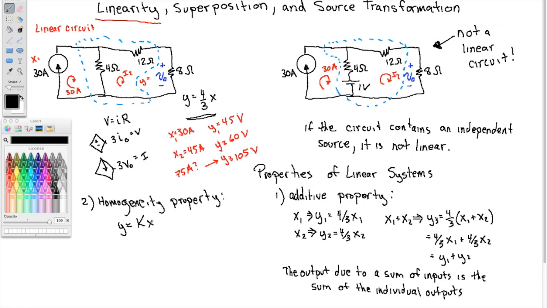Then if I scale the input by some factor, let's say I plug in up here, let's take this example, I plug in x1 and I get y1, right? And let's say I plug in a different factor now, let's say beta times x1, I will get out beta times x2. Okay, that's the math. So in English, the homogeneity property says the output